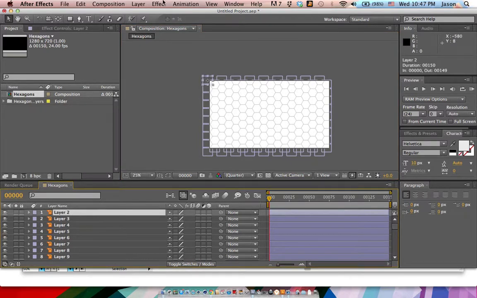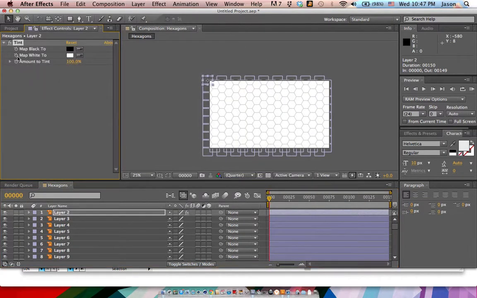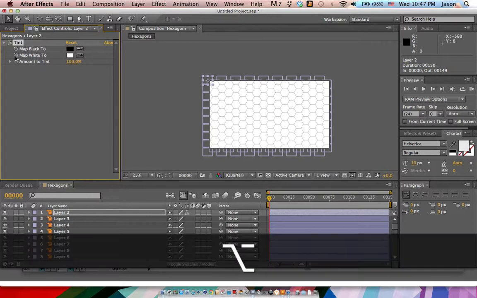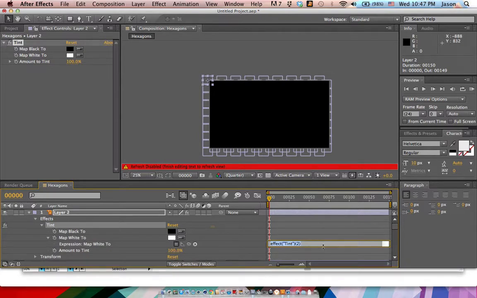Now we have a little expression that we need to add to our layers. We need to add the tint effect because we're going to be changing the color. And we're going to add an expression to the white. So hold Option and click Map White to, and it brings up this little dialog down here. We have this handy little expression,